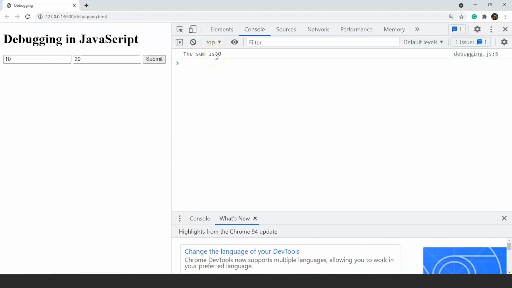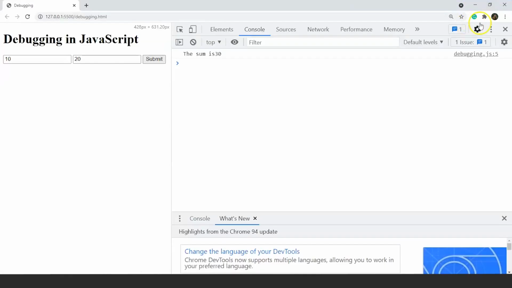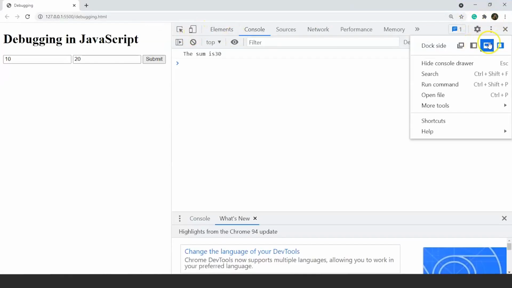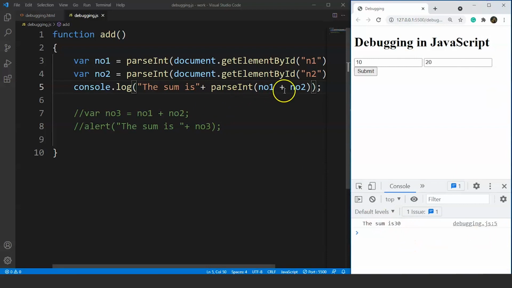It's working totally fine. Now imagine a situation where we forgot to put the plus sign here, right? What I'm saying is imagine a scenario. So let me put this console here and let's say we forgot to put this plus sign over here.